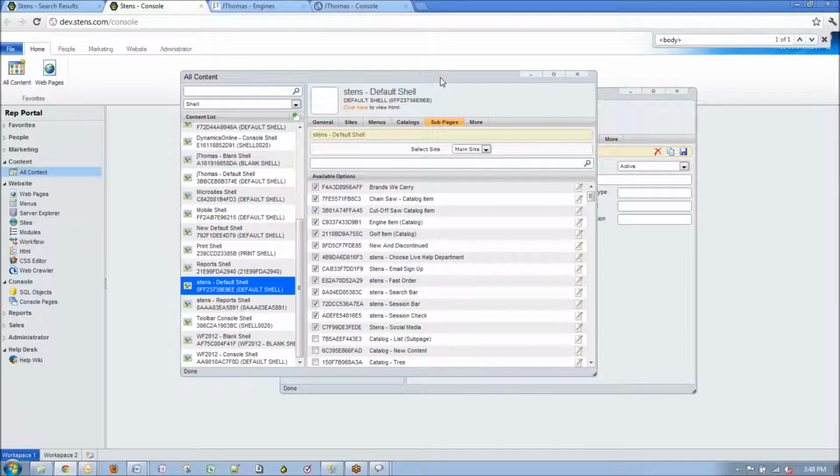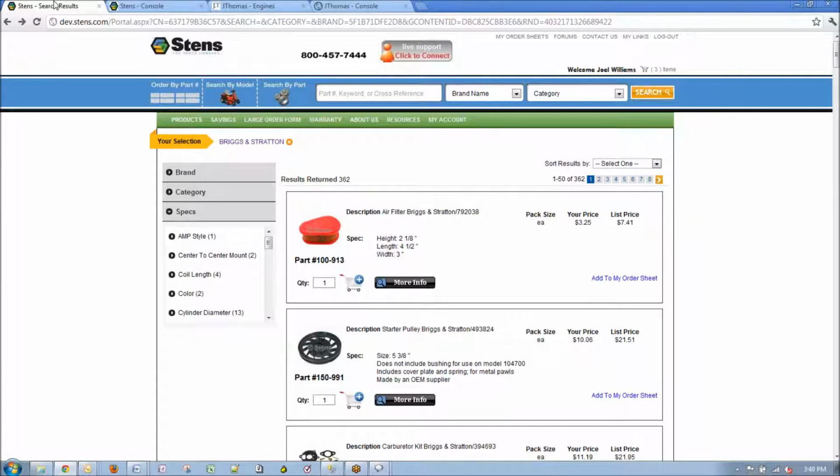Okay, so now that we've covered that aside, we'll go back and start talking about subpages again. So all of these different subpages are part of the default shell. So that's why, even though the shell has no entities tied to it, we get a lot of behavior, a lot of advanced behavior, which obviously needs to interact with the database. For example, order, search, add to cart, the fast order entry,